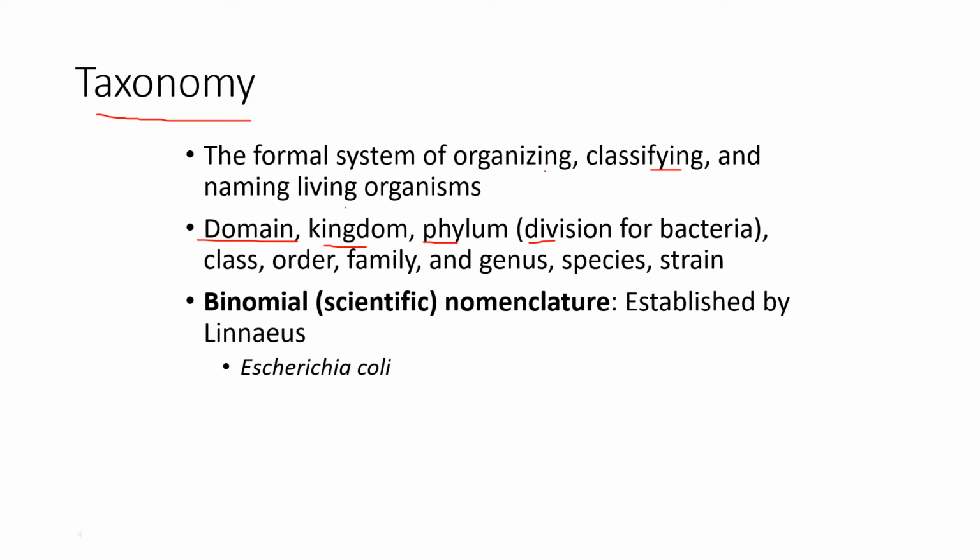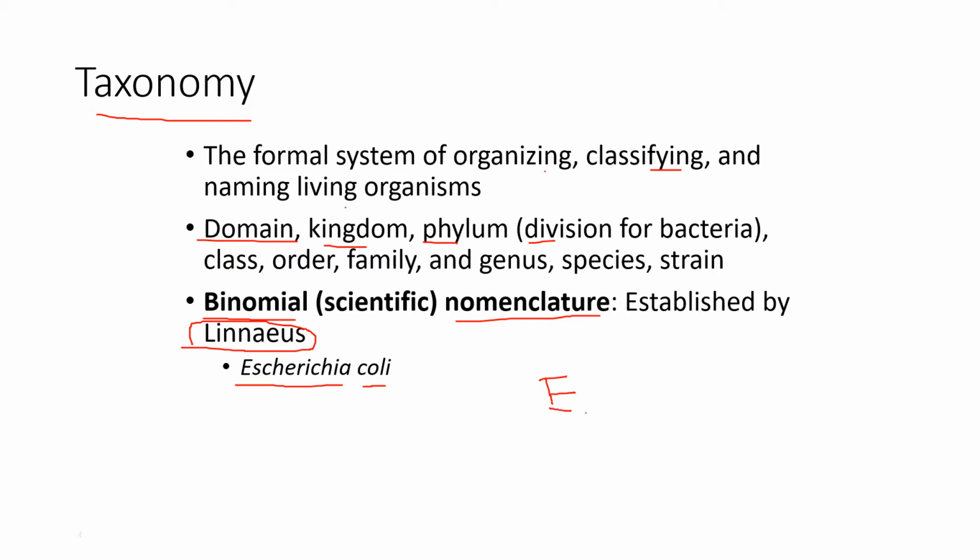Now, binomial nomenclature is your scientific nomenclature. Binomial means two names and nomenclature means naming, so two-name naming. This was originated by a guy named Linnaeus, and he divided so many things out and named them, and everything now, we use the same philosophy for naming them. Escherichia coli, since no one can spell Escherichia coli, it's acceptable to just put E. coli. That's an exception to most rules.